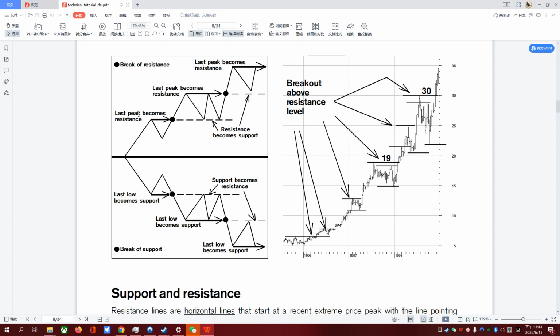For example, here when the stock price goes up, you start to see this resistance, because the stock price would hit a certain line and then go back a little bit. But it's incapable of breaking a certain price level, which is the previous high. So we will view this as a support. And right here, as you can